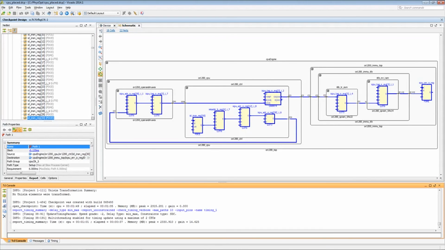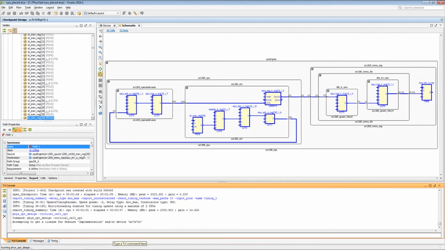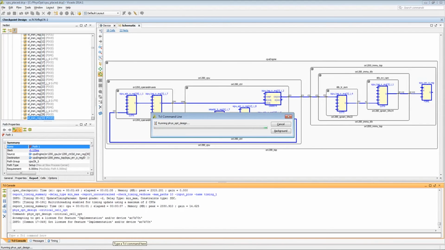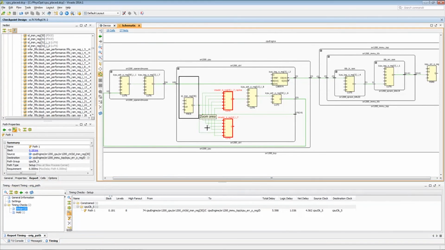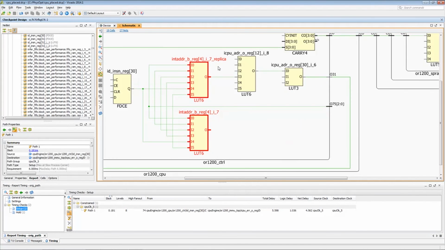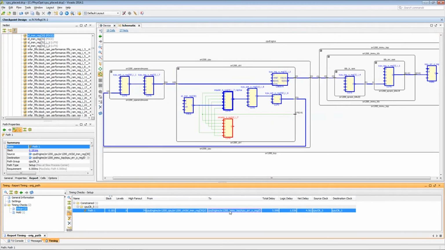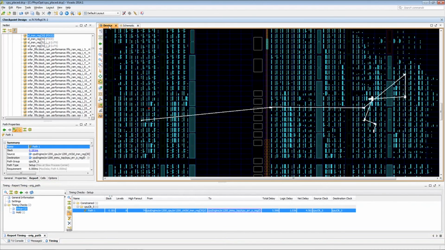Next, we're going to run PhysOpt design and specify the -critical_cell_opt switch. By using this switch, we limit PhysOpt to performing critical cell replication only. After PhysOpt runs, we get a positive slack. Let's take a look at the critical path now. Going back to the schematic, take a look at the first LUT in the critical path. PhysOpt replicated this, and the copy of the LUT was used for the critical path, which now meets timing. Here's what the placement looks like now. You can see the copy was moved closer to the destination logic to get a better placement and fix the